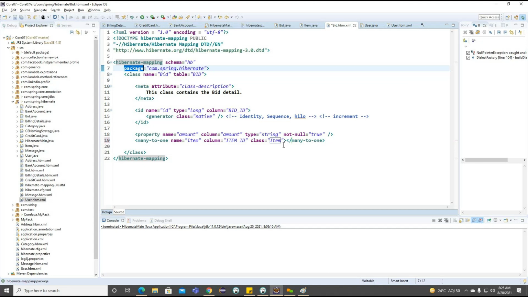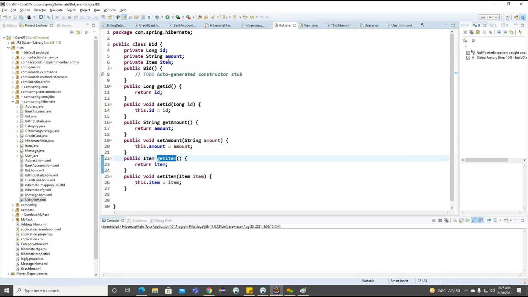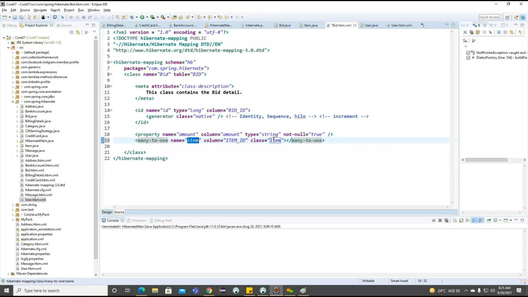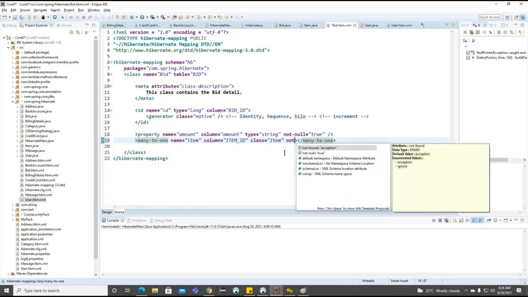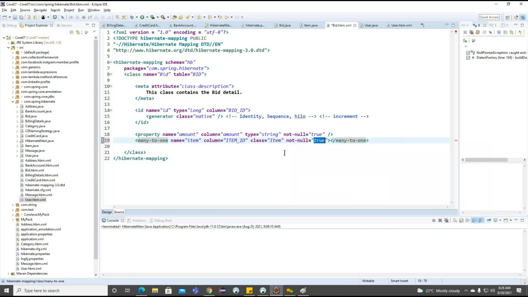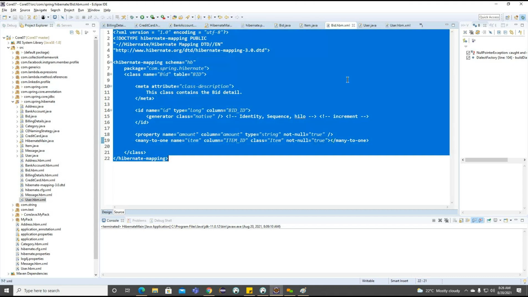So this is all about the column we defined, name of the item. So carefully observe, this name is coming from inside this particular bit class, this item, right? And this particular item is the name of the class. This is the name of the class, and we can go for the not null constraint also, right? This is the way we can make the bit class mapping here.